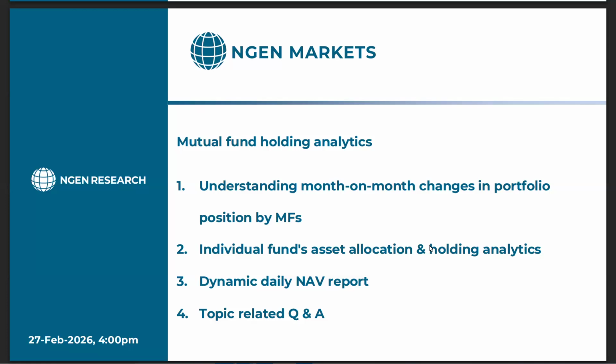Following that, we will be taking you through a single fund analysis wherein the asset allocation page can help you understand how the portfolio of an individual fund has changed over a period of 12 months. Where is the largest increase or decrease or any new positions that have been added? Following that, we will highlight the daily NAV report that you can generate from the system. Lastly, the quorum would be open for a Q&A session. You could anytime unmute yourself or type down your topic related questions in the chat box. So let us begin.